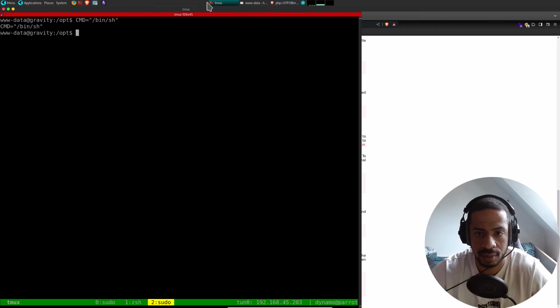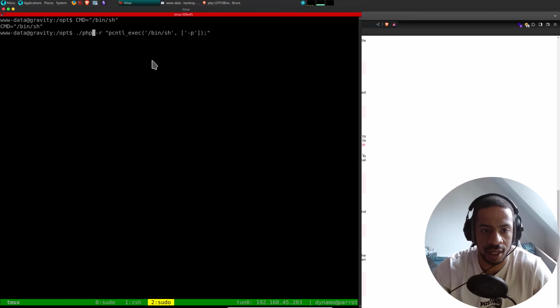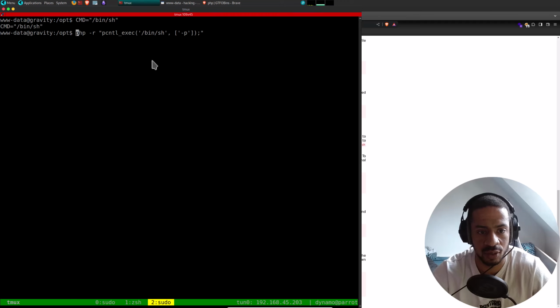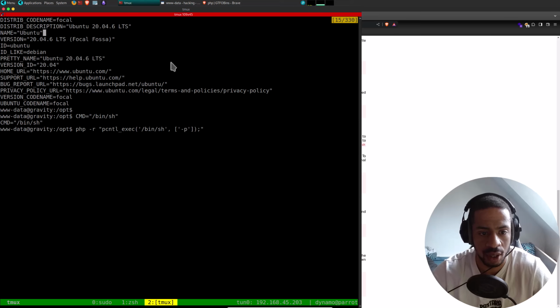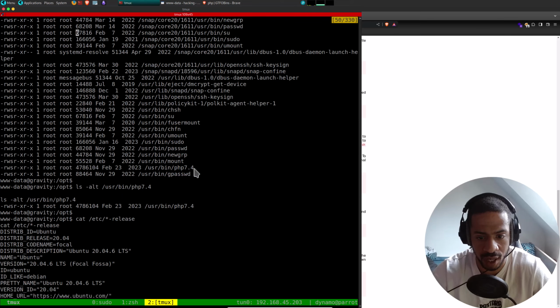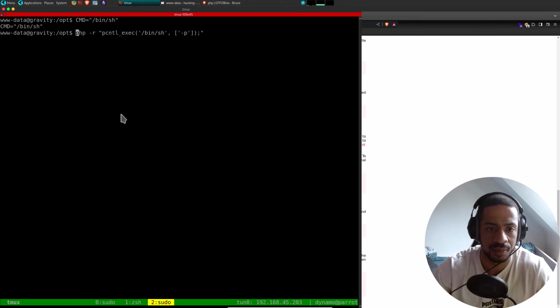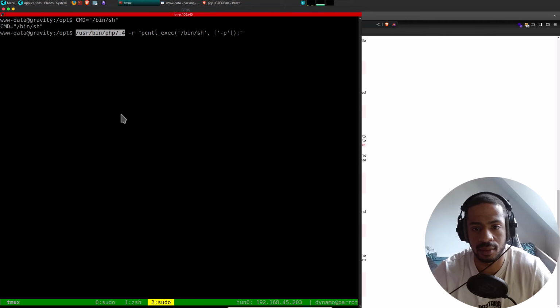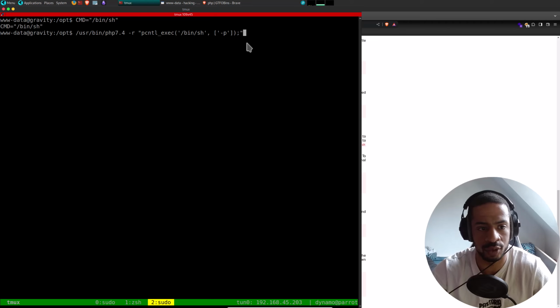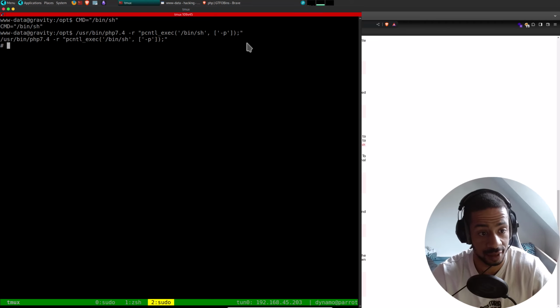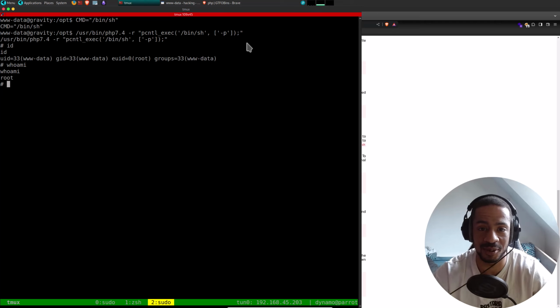But instead of the path like this, we should use the absolute path. Always. And this should work. Let's see if we can get root like that. And we did. We got root.